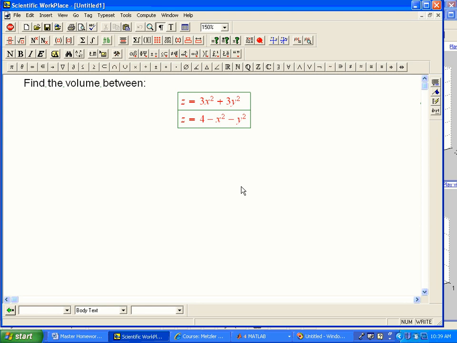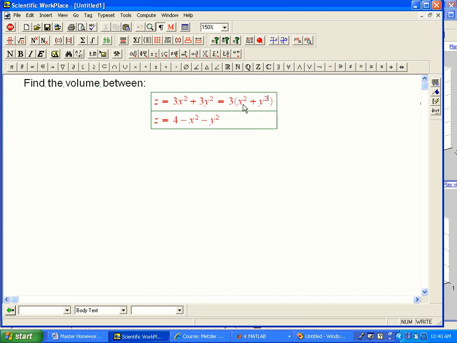Here's a volume problem in polar coordinates, and I have a cold, so hopefully I won't sneeze all over the microphone. Find the volume between these two surfaces, and the claim is that polar coordinates is a good way to go with this. And the reason for that, of course, is that this is 3 times the quantity x squared